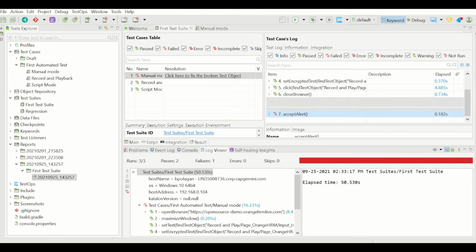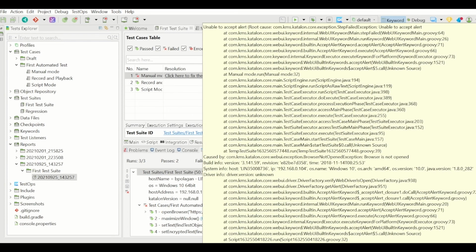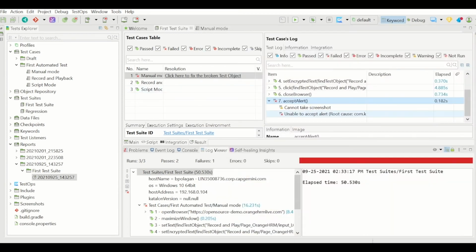Let me click this arrow button. What it has failed on is taking the screenshot. That's fine. It is not able to accept the alert because there is no alert itself. Then how is it going to accept the alert? So that's why it has failed. So from here you can easily understand which test case has failed and why it has failed.